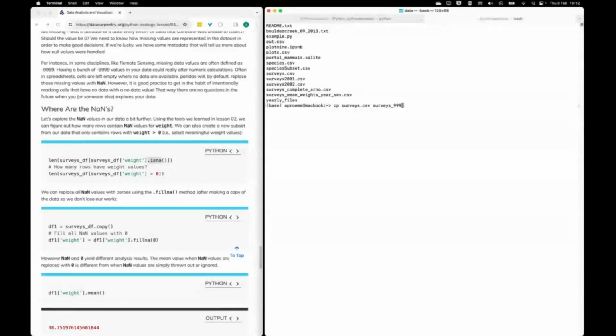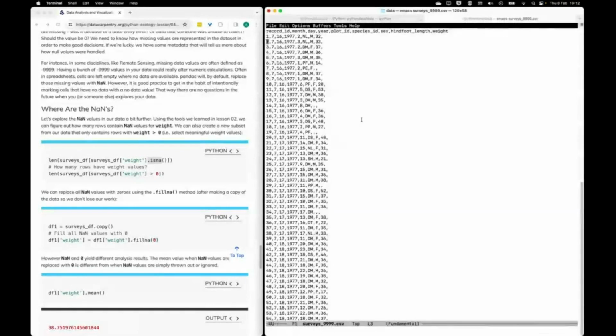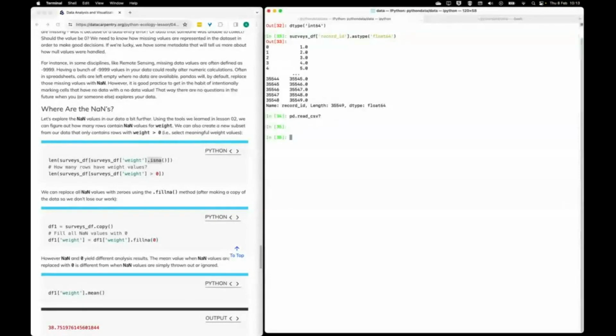Well, I'll call it 9999.csv. I'll just go in there and mark the very first entry with -9999. Right, so that's the value there, and then what I'll do is say pd.read_csv, and first of all